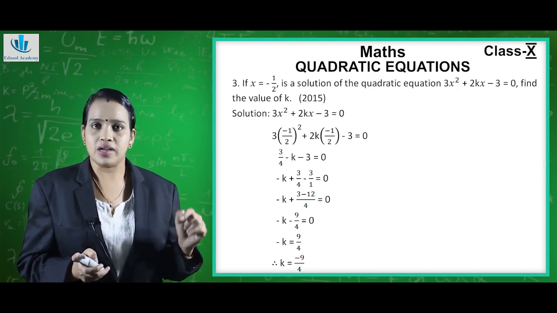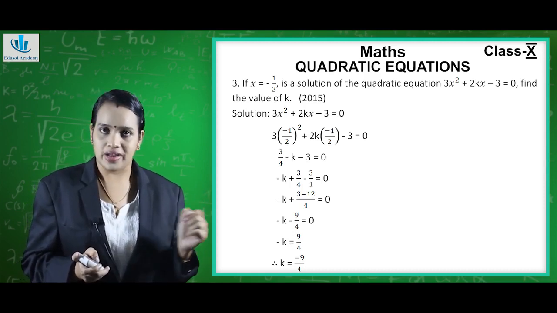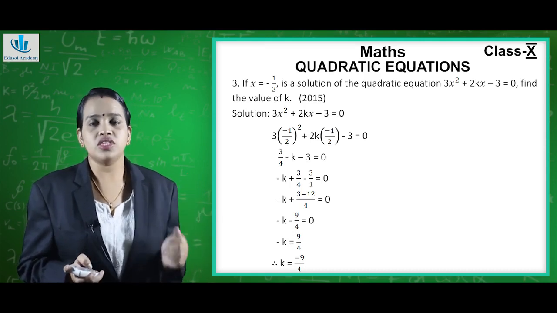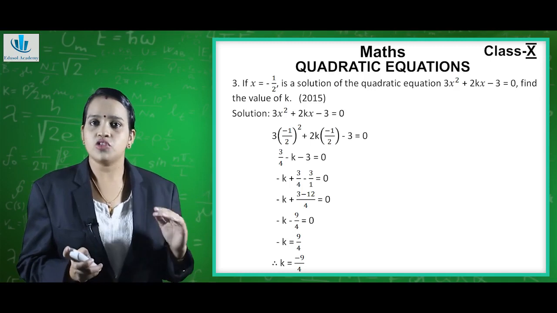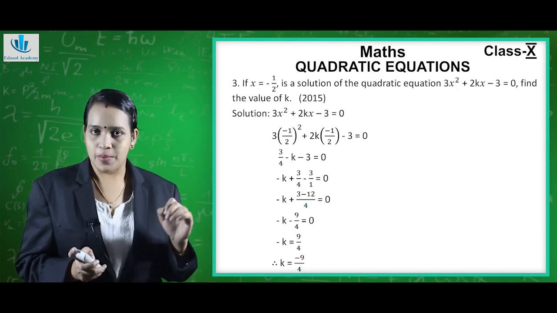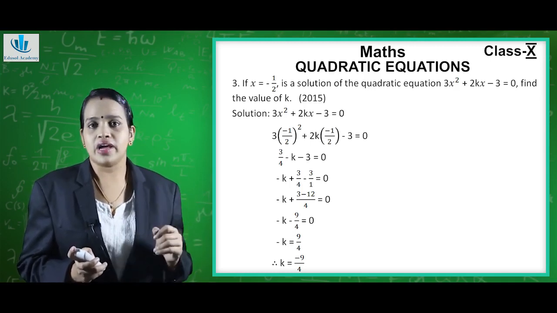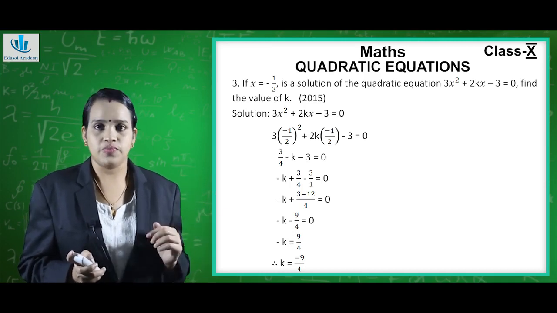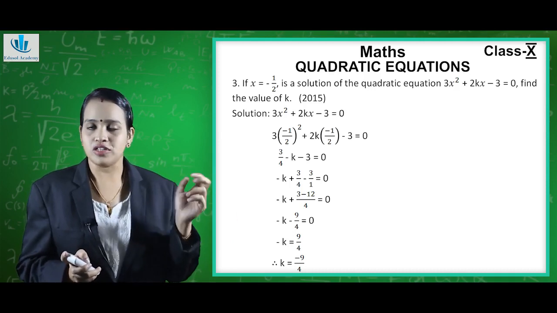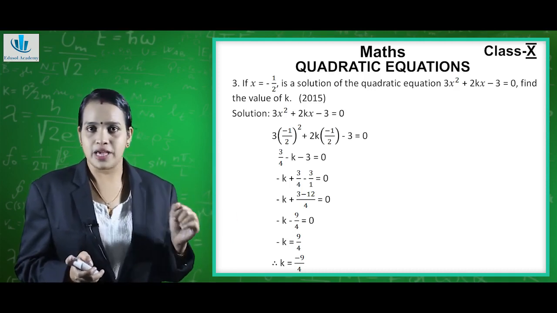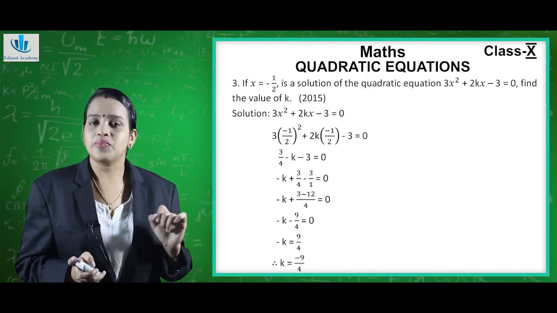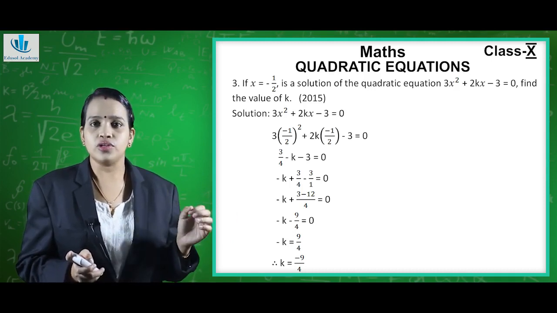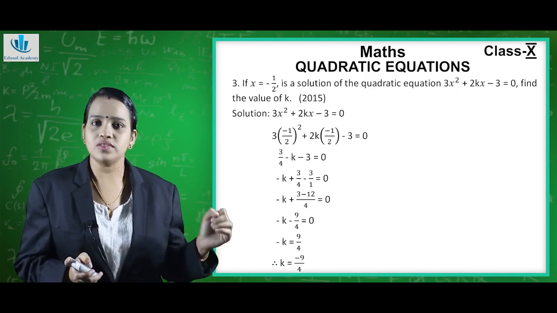So it remains plus k into minus 1, it gives minus k minus 3 is equal to 0. Now we can arrange it. So when we arrange it, it becomes minus k plus 3 upon 4 minus 3, we can write it this way, that is 3 upon 1, which is equal to 0. Now we can cross multiply here. So (minus k plus 3) into 1 is 3, minus 4 into 3 gives 12, upon 4 into 1 gives 4, which is equal to 0.